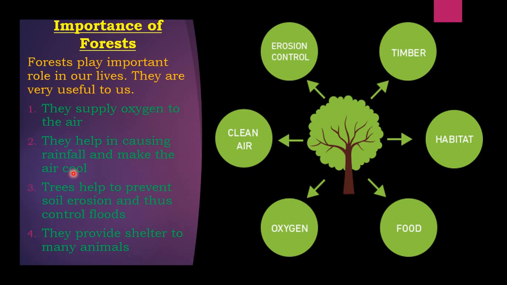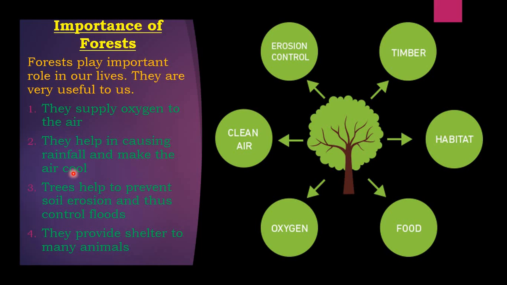Because when the trees are there, trees help to catch hold of the winds, the blowing, moving clouds. That is how the blowing winds could cause the rainfall in certain places. Now that is not there. Why? Because the land is barren. The land has become desert. There is not much growth of plantation.